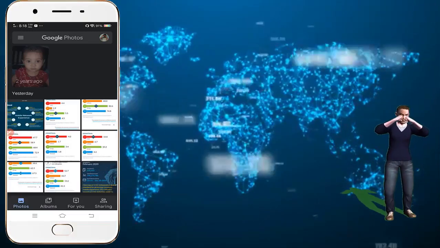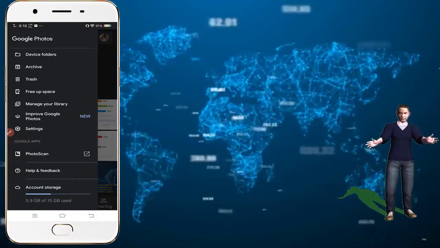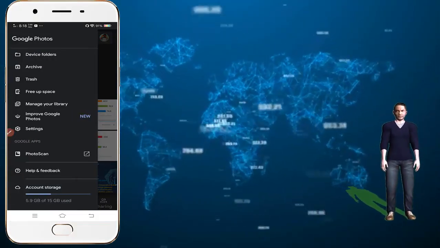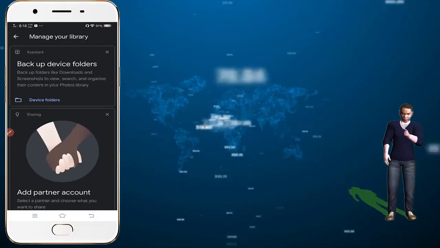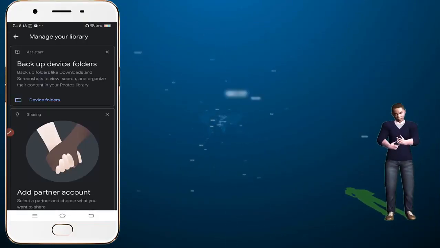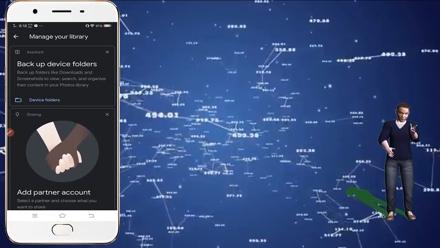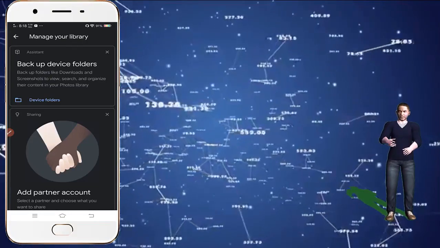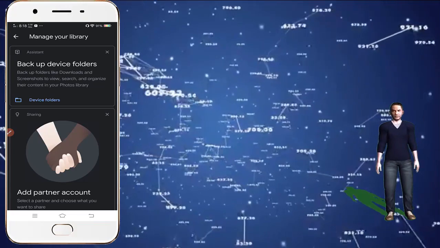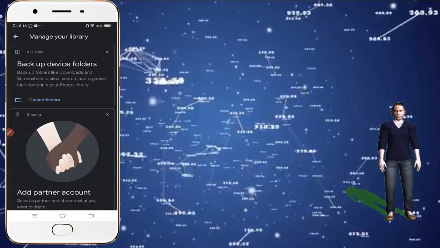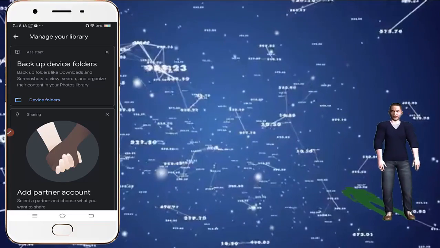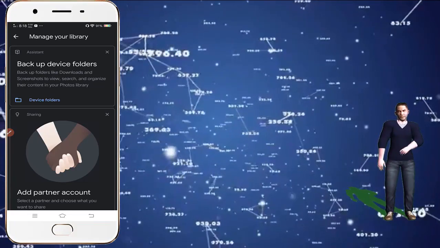Now the next option, let me check. The next option is manage your library. When we click on it, there are three different options. The first option is backup device folder.